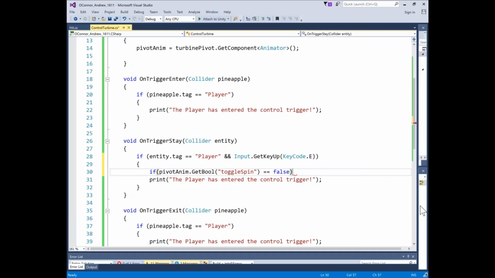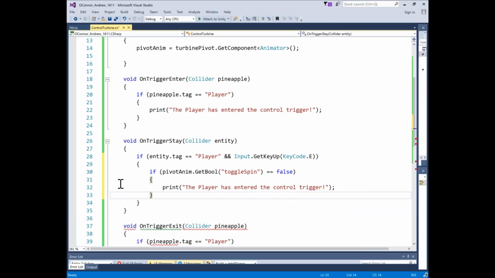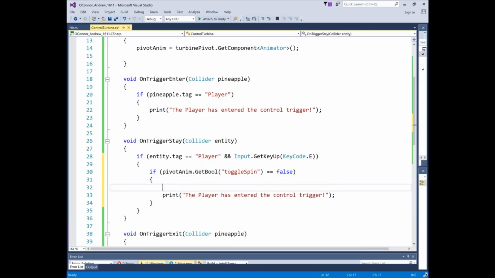All right. And then if it is, all we're going to do is set it to true. So we're checking to see if it's false, and if it is, we're going to set it to true. And by doing that, remember, that's just going to turn on the wind turbine. So pivotAnim,